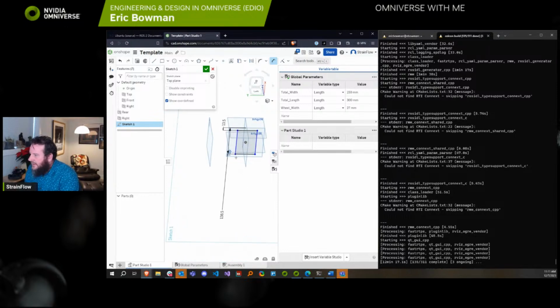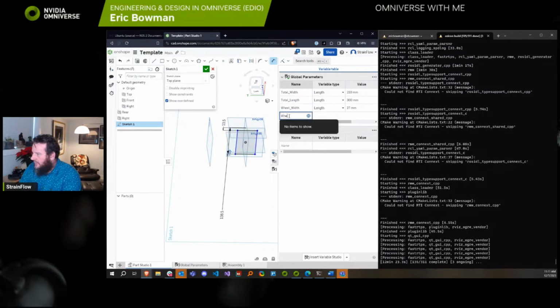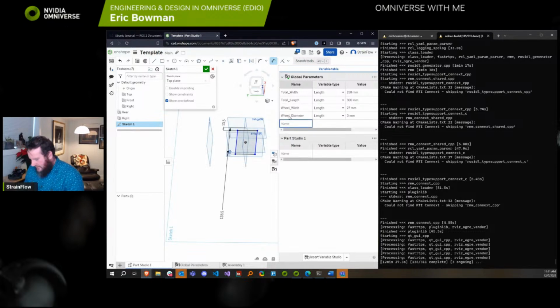And then we need the wheel diameter in here, and that is about, let's say 65 millimeters. And then we're going to say, oh,